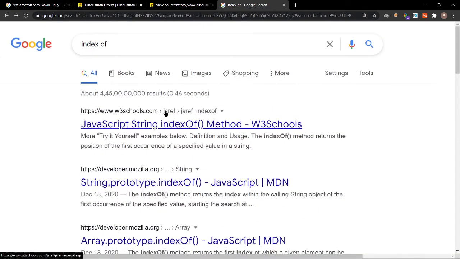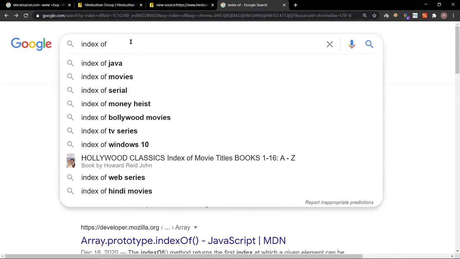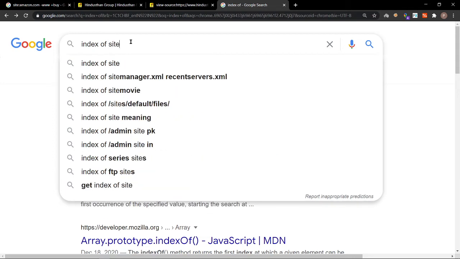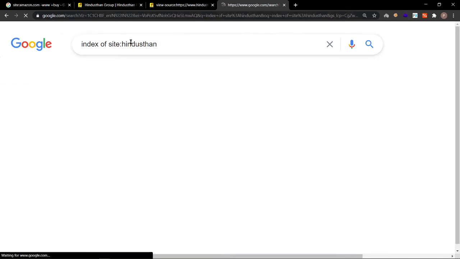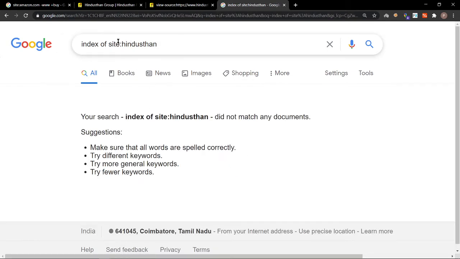We can search for a lot of contents. Let me search for index of site Hindustan. Most probably they won't have it because it is a WordPress site.